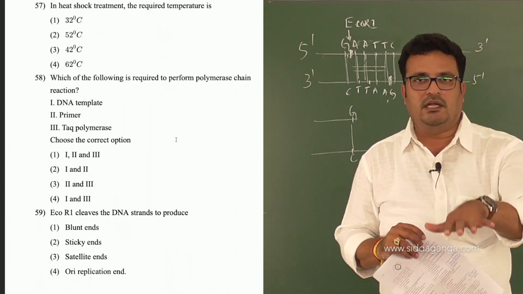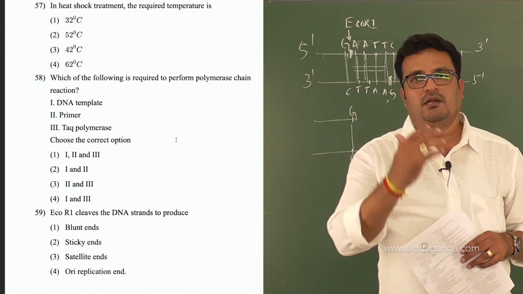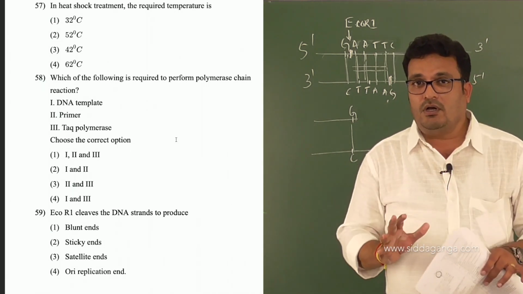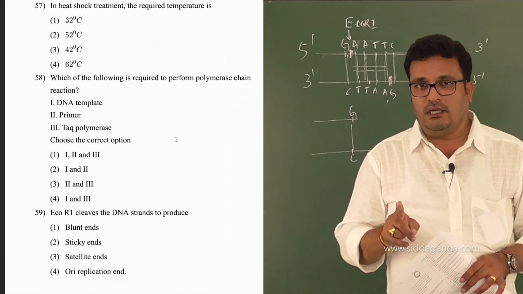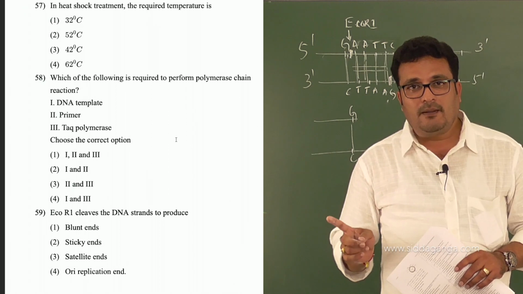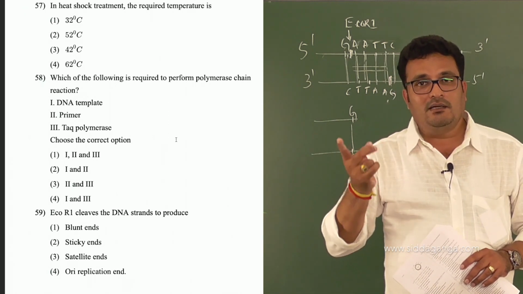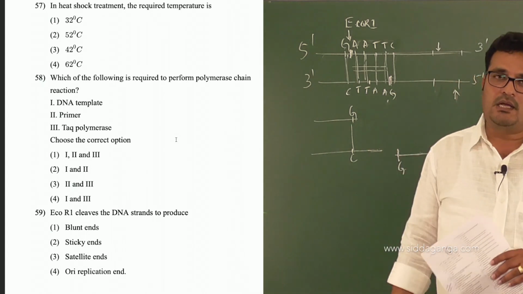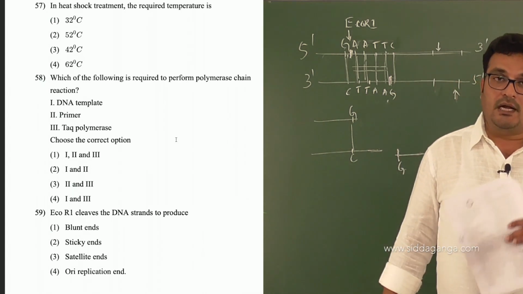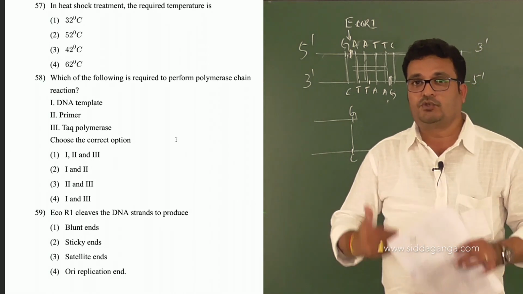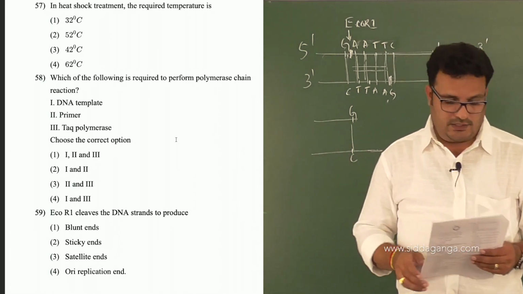They keep it in ice, then heat it, then again keep it in ice. While heating, they give a temperature of 42 degrees Celsius. Why? Because just to alter the pressure difference that will appear internal to the cell membrane and external to the cell membrane, and that makes cells uptake the DNA, right?